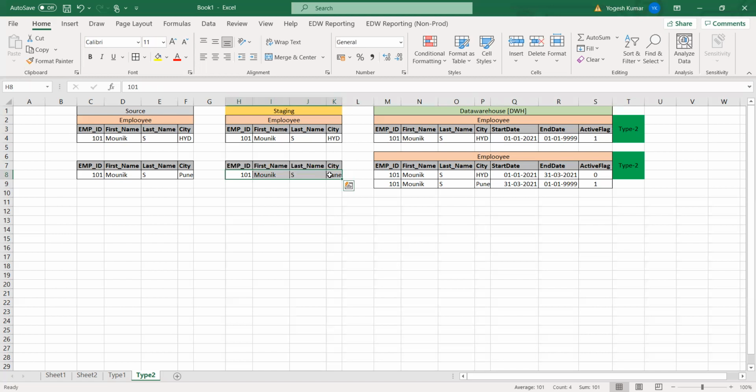Whatever record is coming, there is no date column, right? Yes. So we are adding the date when we execute the job and on which specific date we loaded the data. We loaded the data into the data warehouse on 1st January 2021 the first time. The next time we loaded this data into the data warehouse on 31st of March.